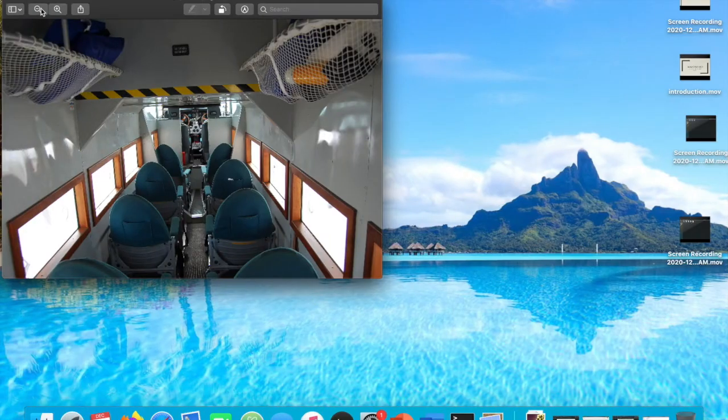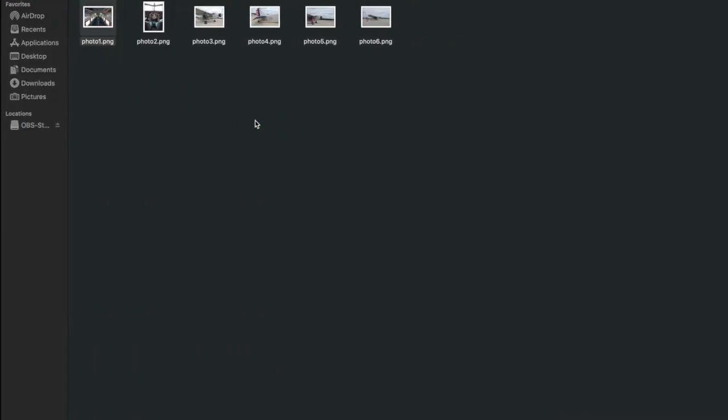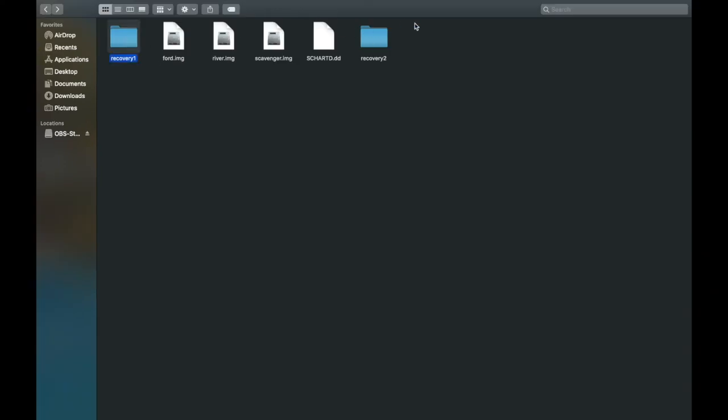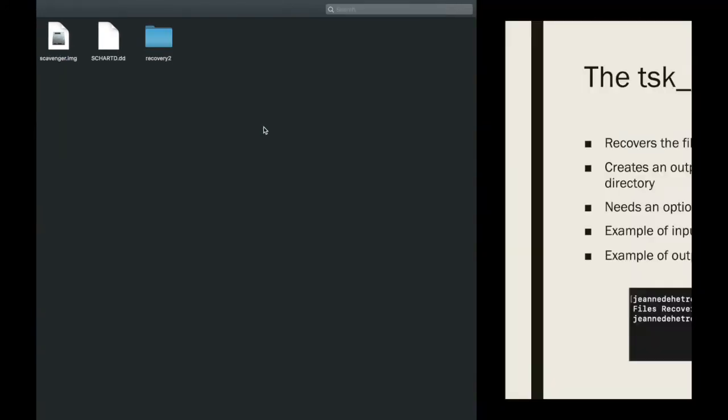You can look through these, and then you would decide what kind of evidence you want to document. Does it provide any leads? Does it provide anything incriminating? That is up to the investigator to find out. Now we have recovered 2 different file systems, and so we'll move on to the last and final one,